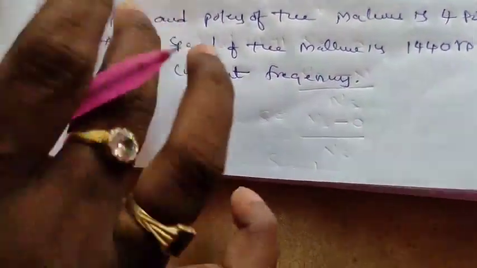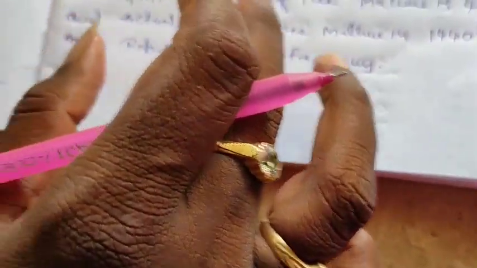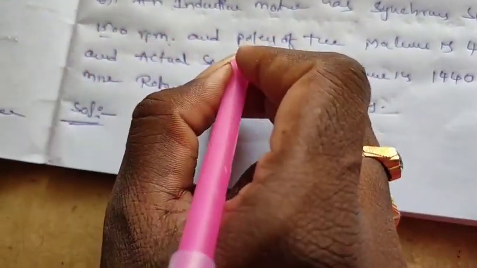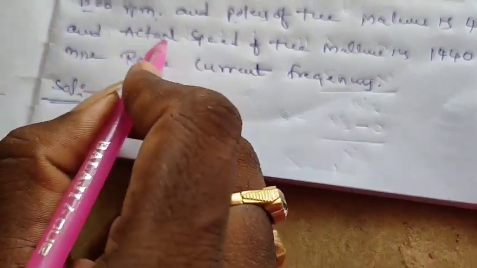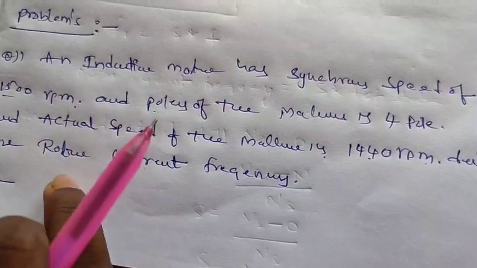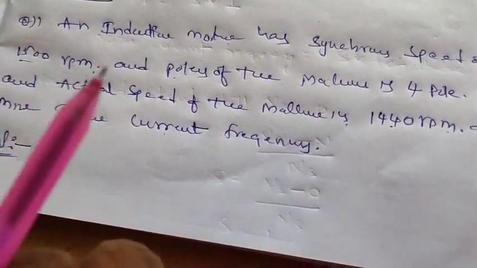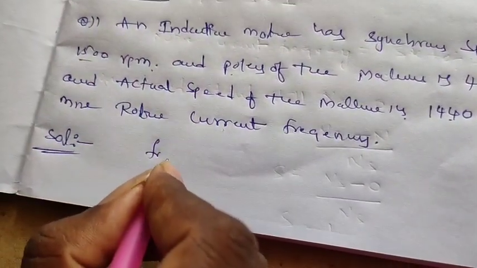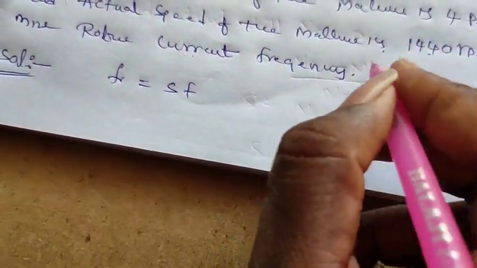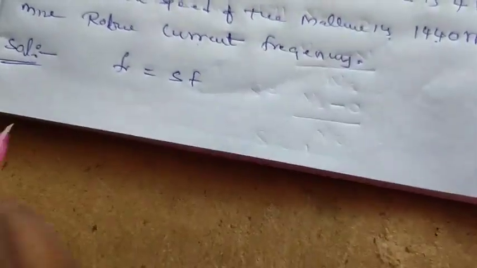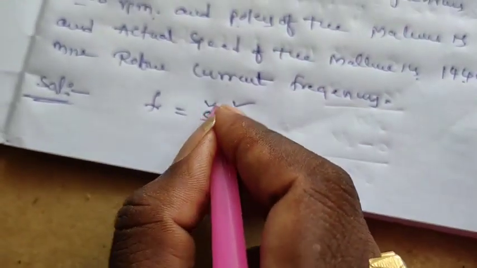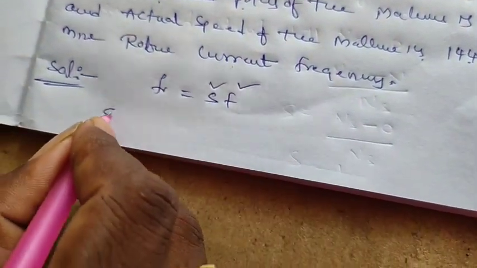So in this problem they ask: an induction motor has a synchronous speed of 1500 rpm, the machine is a 4 pole machine, and the actual speed of the machine is 1440. Determine the rotor current frequency. What they ask? Rotor current frequency, that is Fr is equal to slip times F. So here they did not give the frequency, they did not give the slip. First we determine